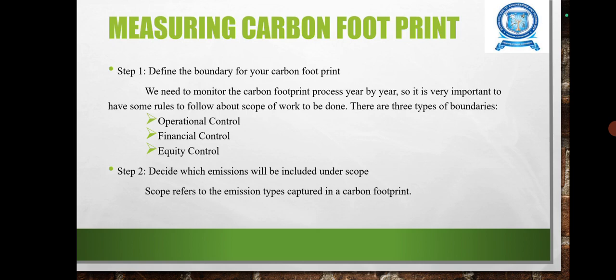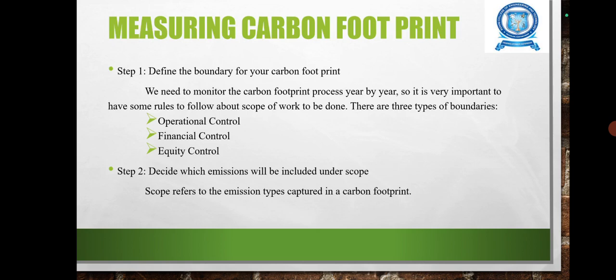If you fail to define the carbon footprint boundary, it can inhibit comparisons against benchmarks and also undermine meaningful monitoring of performance. In step 2, decide which emissions will be included under scope. The scope refers to the emission types captured in the carbon footprint. The scope of the organization's footprint also breaks down into 3 components. The first one is direct emissions from assets that are either owned by our